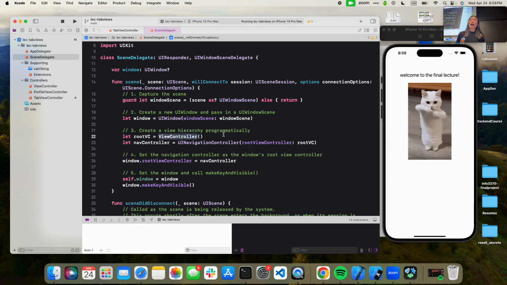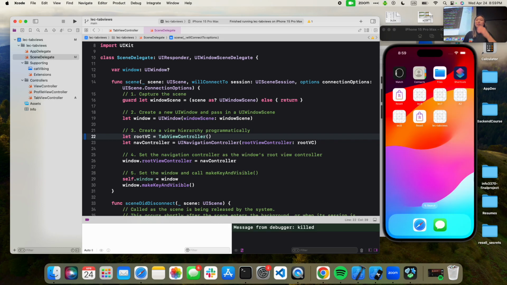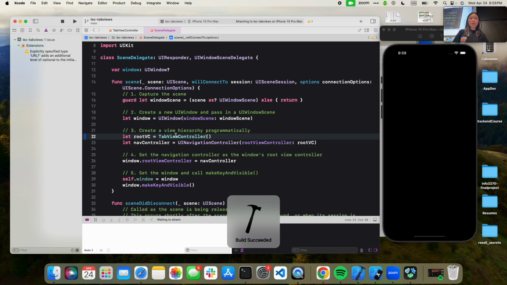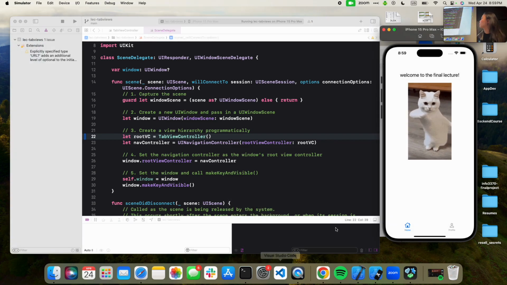So in this case, what we actually want to do is make our root VC the tab VC, since for this app we want that to be what the app first loads to. So instead of view controller here, we want to create a tab view controller object. If we create that and run it again, hopefully we'll be able to see our tabs. There we go. So you see, before I use these home icons, this person icon,